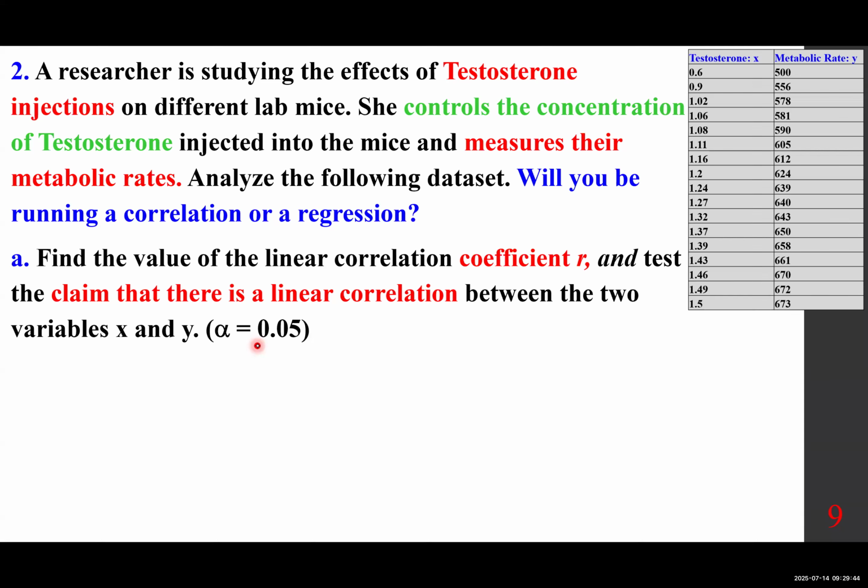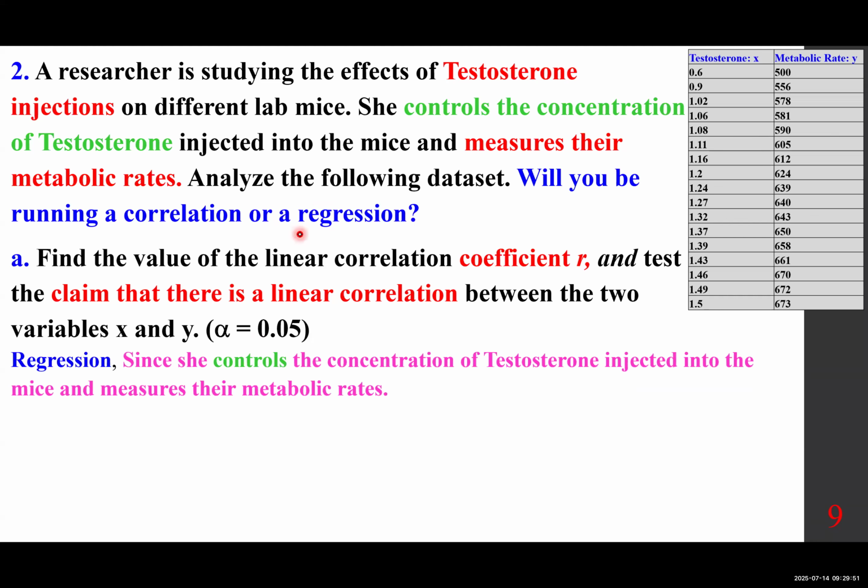Okay, everybody? In any event, the first question is, what are we using? We're using regression. Since she controls, and that's the key, the concentration of testosterone injected into the mice and measures their metabolic rates. We are controlling, we want to see the effect, and that is the causation. Otherwise, there may not be any cause. And so